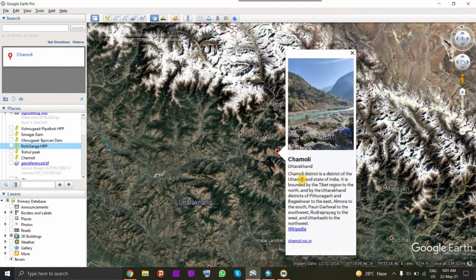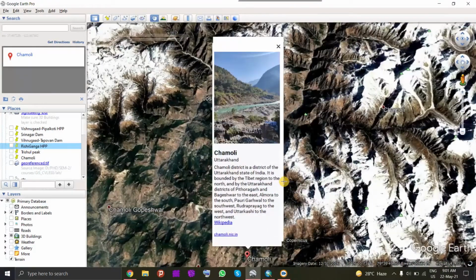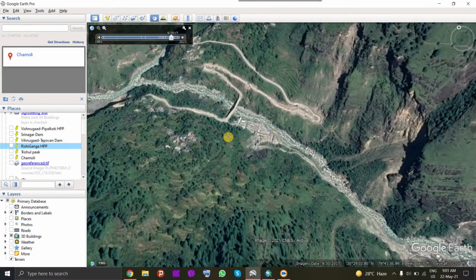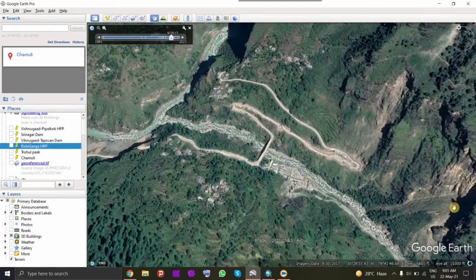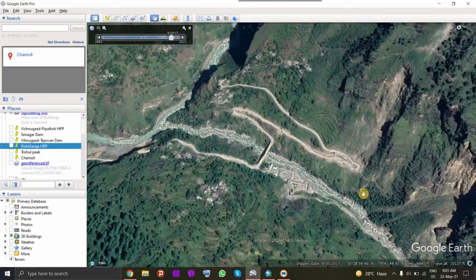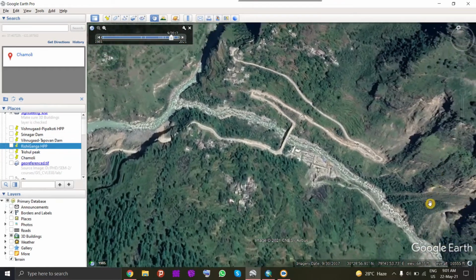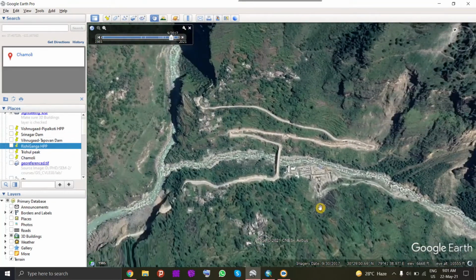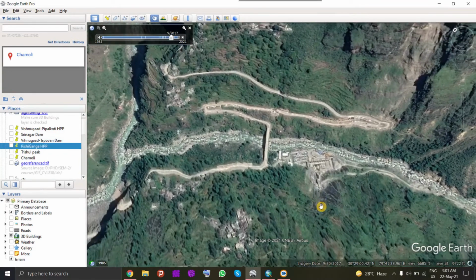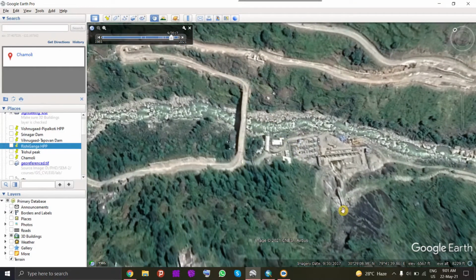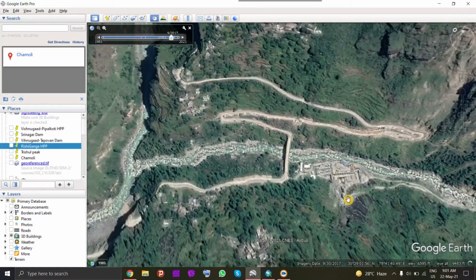So I'll go to a site, Chamoli, where a recent lake outburst flood happened and a whole hydropower project was destroyed. As you can see in the previous year's model, like in 2017 or 19, previous to the landslide and lake outburst flood, you can clearly see the hydropower project as well as the bridge as well as the village nearby, which is unaffected and not damaged, and people are living and working there.